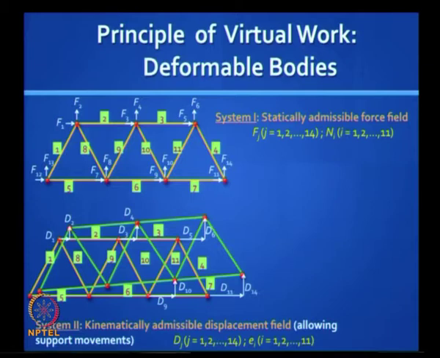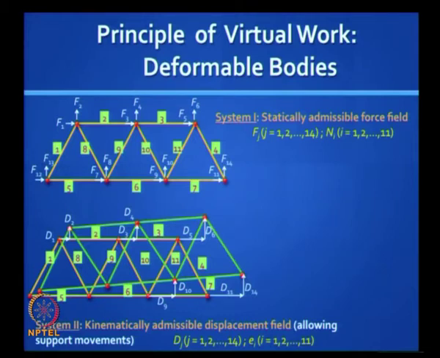The advantage of looking at it this way is you remove the cause effect dependence between the force field and the displacement field. Let us call the first field where we have a statically admissible force field as system 1,